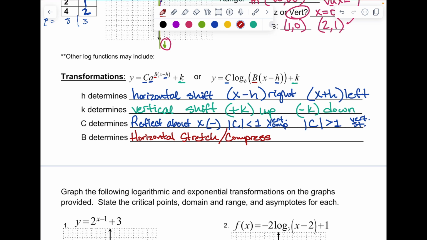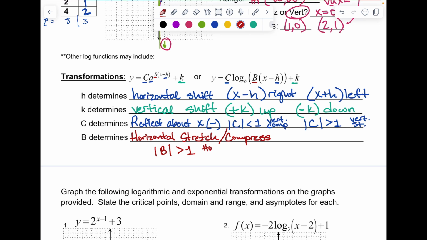And it's got very similar rules to our A, but everything is opposite. The A value, if its absolute value is greater than 1, is a stretch. But in this case, our B value, if the absolute value of B is greater than 1, it will